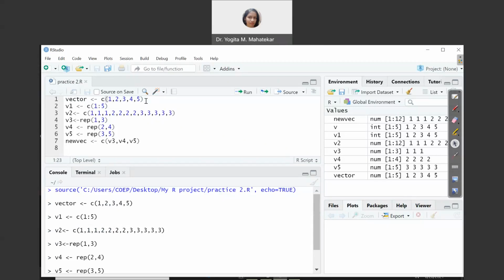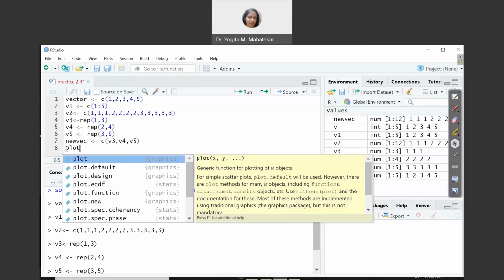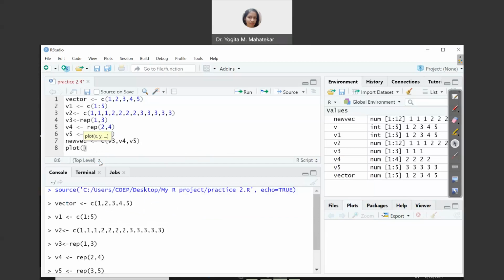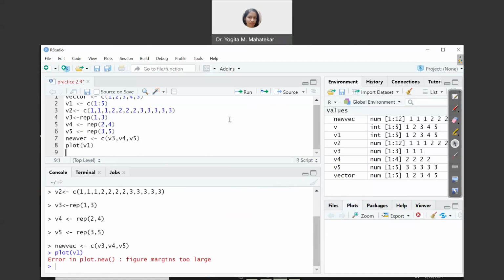Suppose I want to use the command plot. I will go to the script file and use the command plot, and inside it, if I write v1 and run this command, it will show you an error,